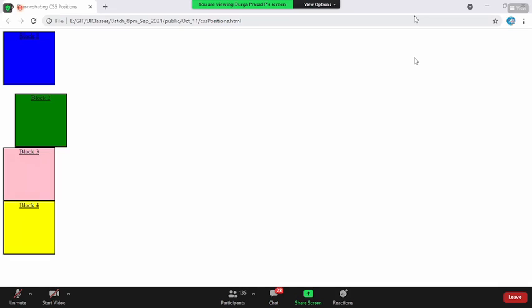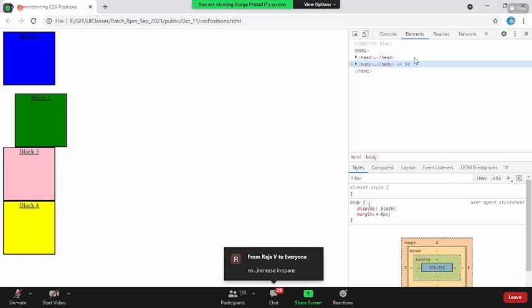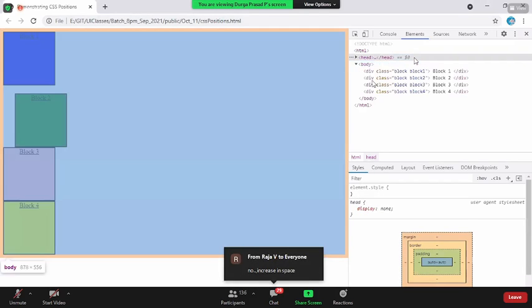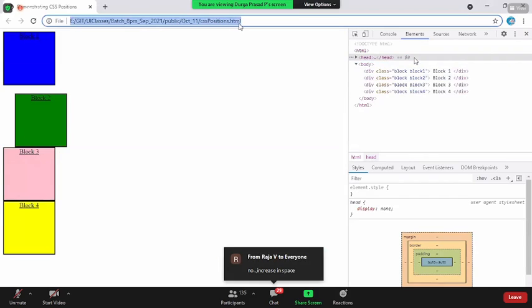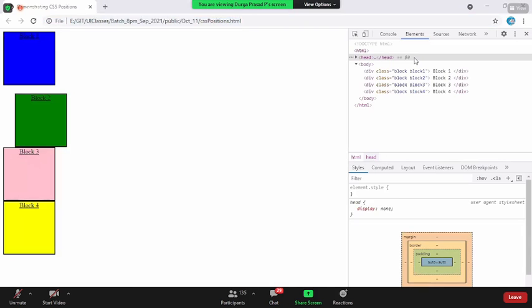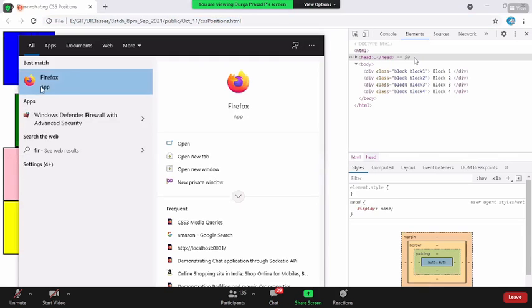Increasing its space. Yes or no? Yes, right? Actually, the DOM element is not moving, because if the DOM element had moved, then when you see here, whenever I hover the mouse over this block 2, this browser shows it a bit differently, but in Firefox it is more clear.